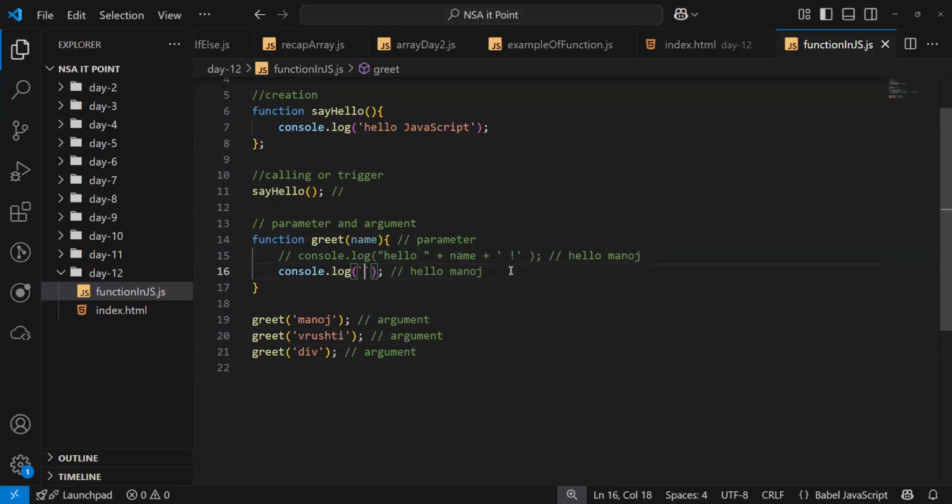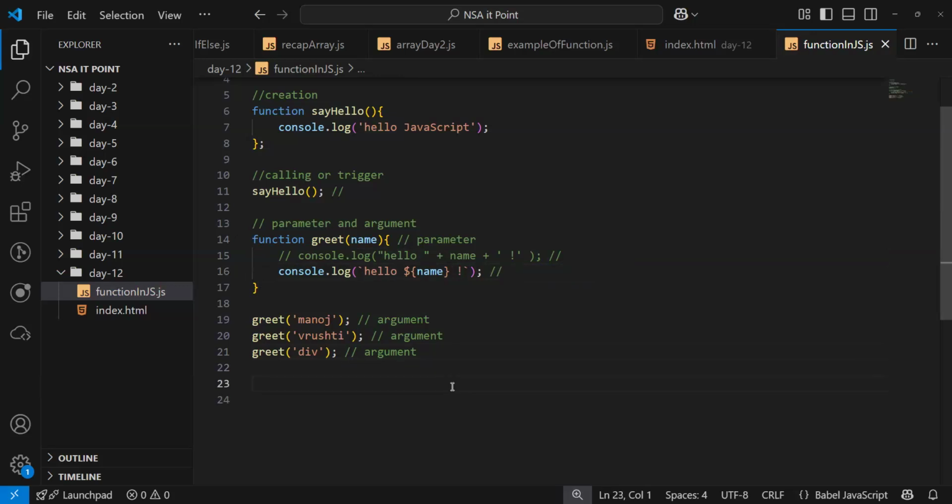Backticks, then hello, then dollar sign and curly braces, then the variable name, then a space. It will print the same message.